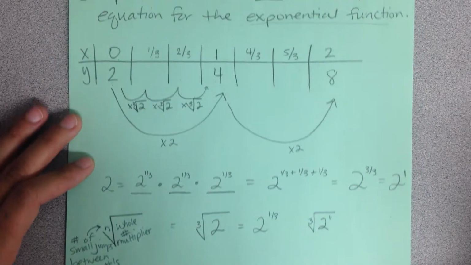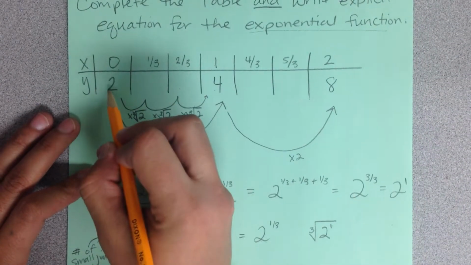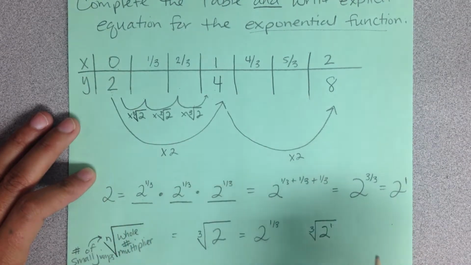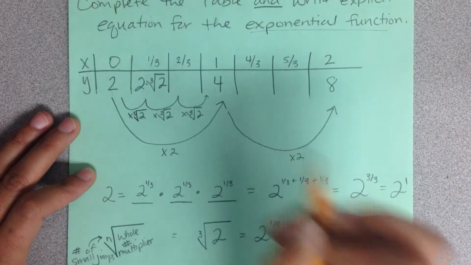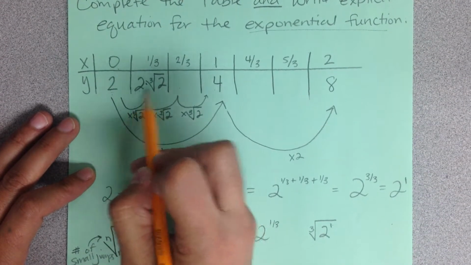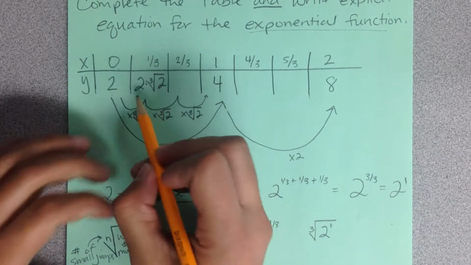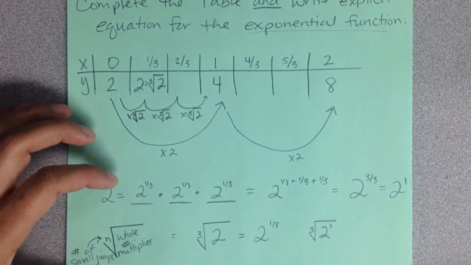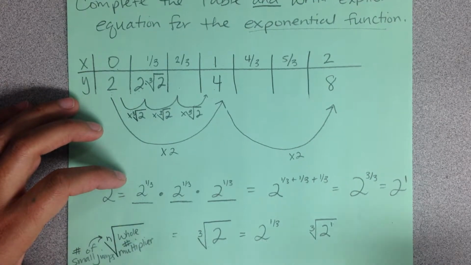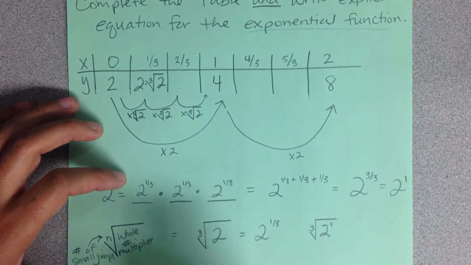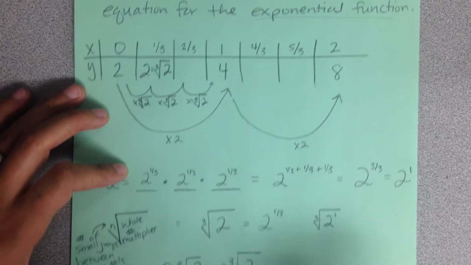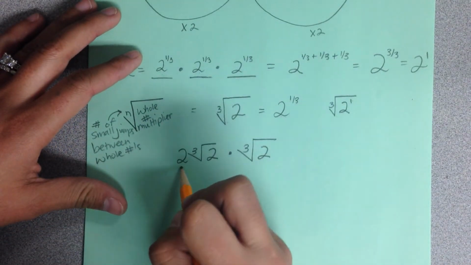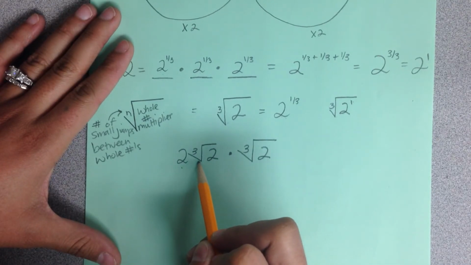So going back up to our table, if we multiply 2 by the third root of 2, we can't put those together. 2 times the third root of 2. Because 2 does not have a radical, you cannot combine these, so you just leave them as multiplying. So 2 times the third root of 2. However, when you take that number, 2 times the third root of 2, and multiply by the third root of 2 again, so I'm going to come down here. So we take 2 times the third root of 2, multiply